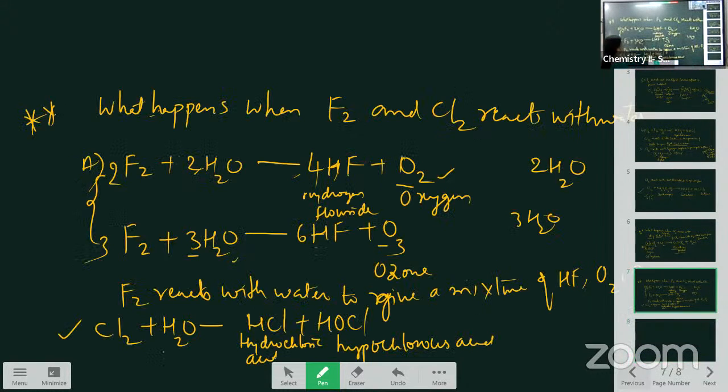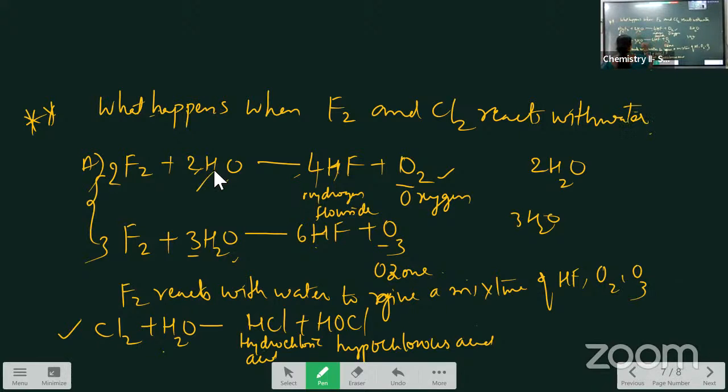The next reaction: F2 and Cl2 with water. F2 reacts with water to give a mixture of HF, O2 and O3. So for O2, 2 H2O molecules; for O3, 3 H2O molecules. Then Cl2 reacts